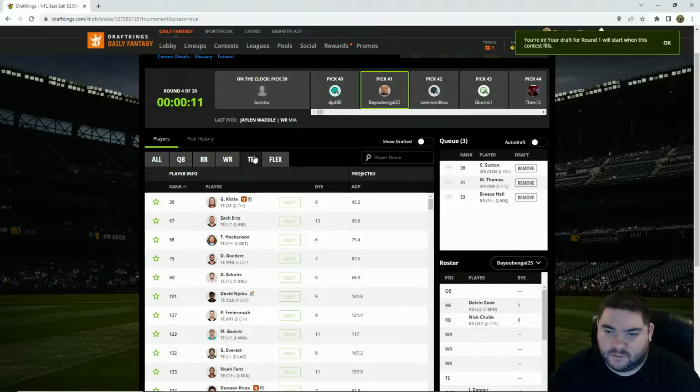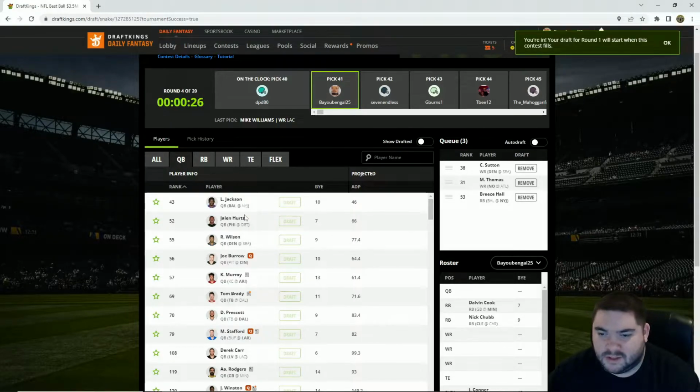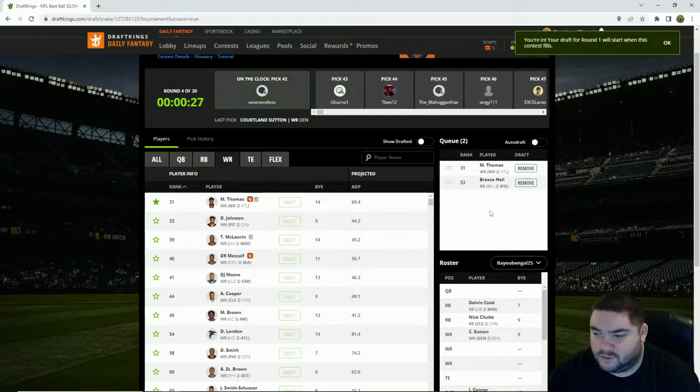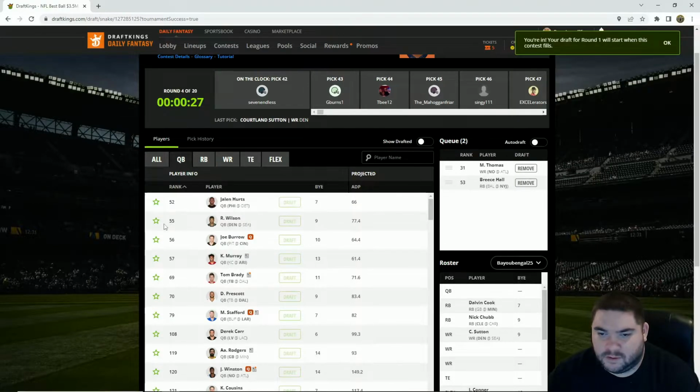Let's look at the tight ends real quick. George Kittle, Zach Ertz, and not fond of that. Lamar Jackson and Jalen Hurts. Still got some good quarterbacks here. I would like to get a hold of Jalen Hurts here if I could, but we're going to wait a little bit. See if I can grab a Sutton. Here's Cortland Sutton right here. So now we just secured Cortland Sutton as our wide receiver 1. I would love to get Jalen Hurts here, but